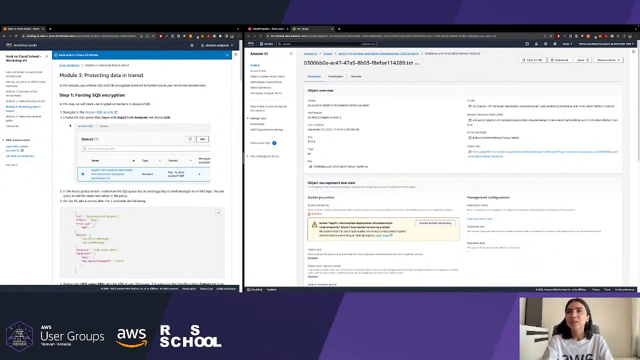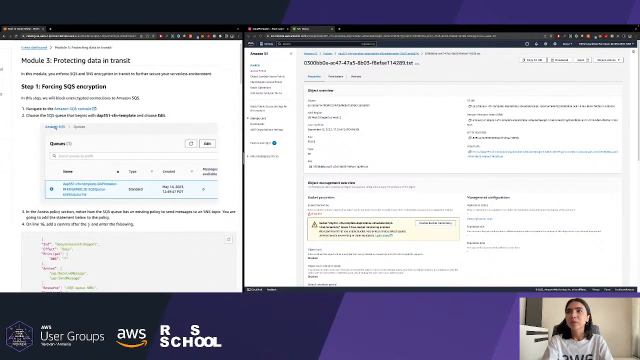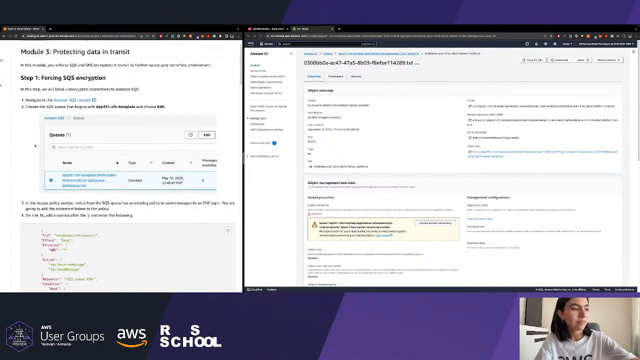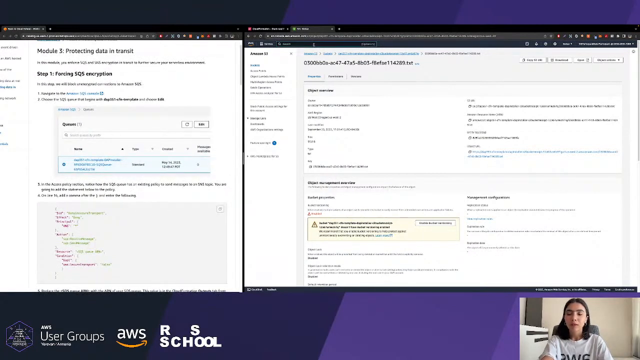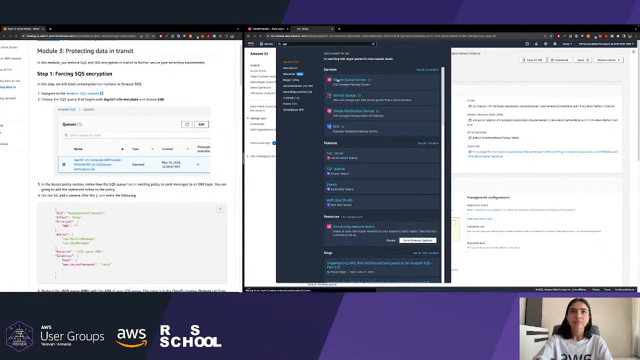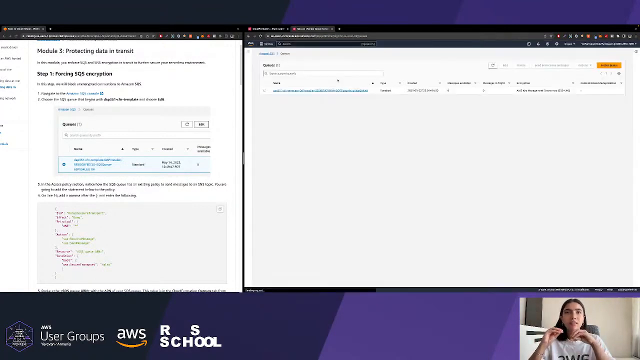Okay, let's go through the documentation. Module 3, step 1. So we should force the SQS encryption. Okay, got it. For that, obviously, we should go to the SQS, because our data is in transit from the SQS to the Lambda function, and from the SNS topic to the Lambda function as well. So we came to the SQS, open the queue,